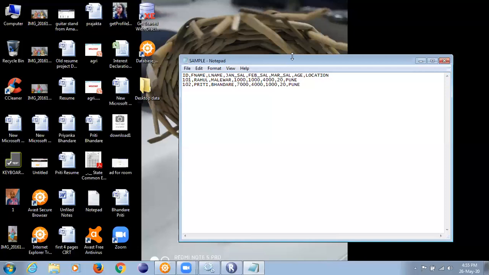Just a second. Okay, so you understood the requirement? Just copy paste this file. Means we have to create a simple copy of this file.